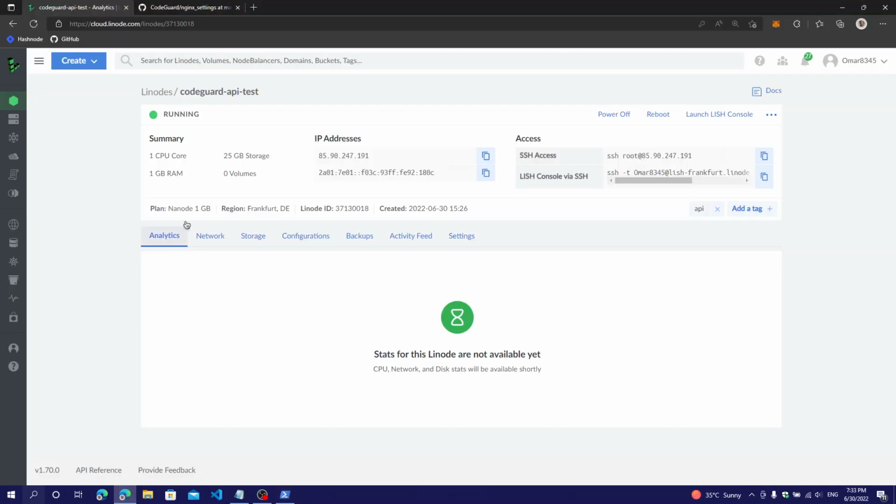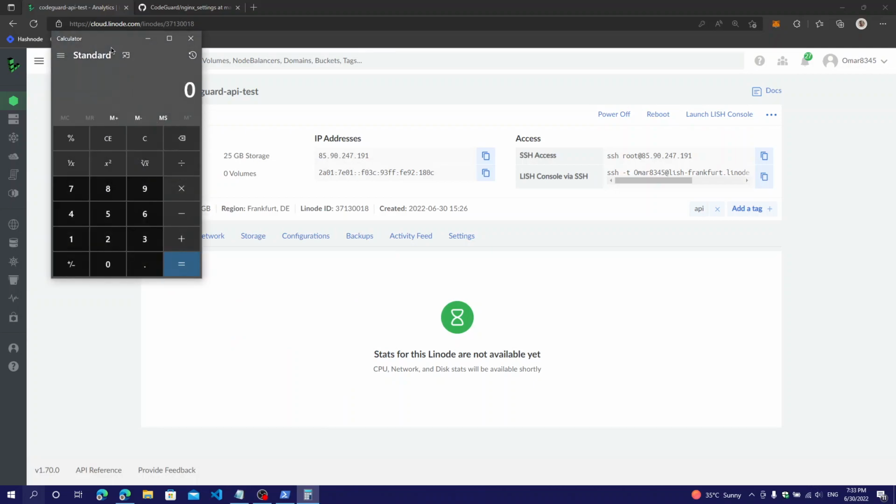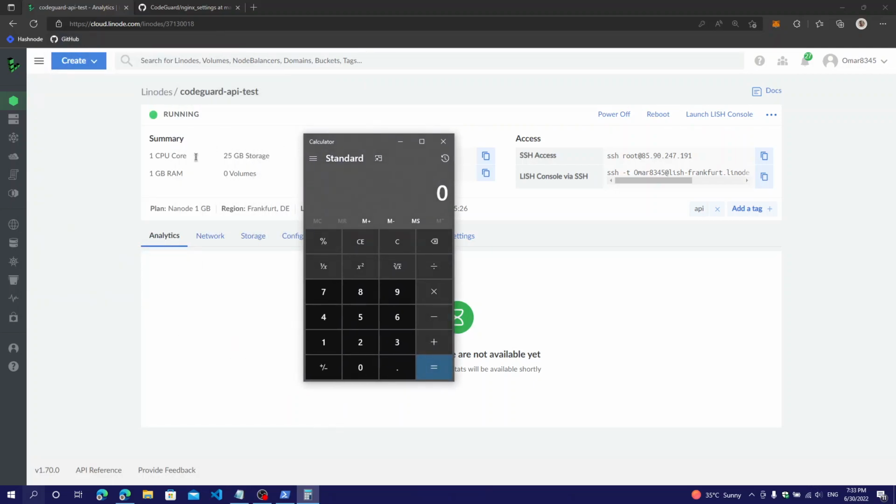I have one CPU core, so 1 multiplied by 2, always multiply by 2, plus 1. Then I have 3 workers. Just multiply the CPU cores you have by 2 and add 1.